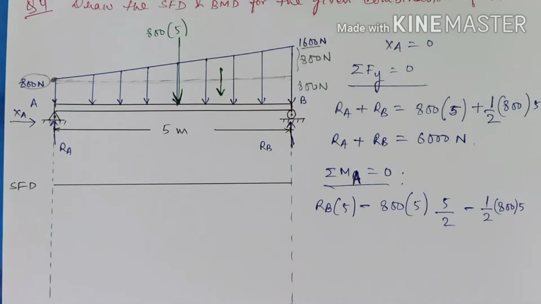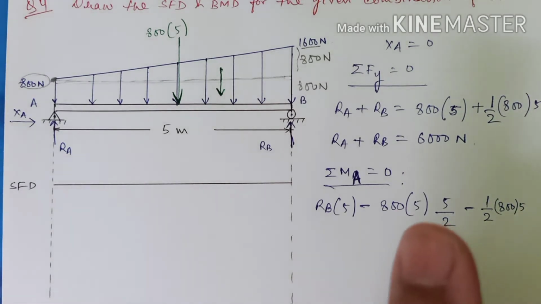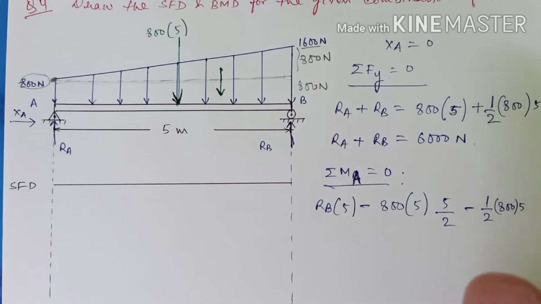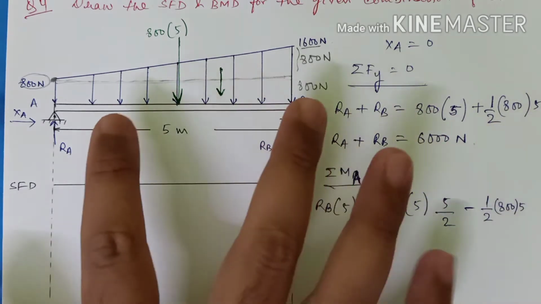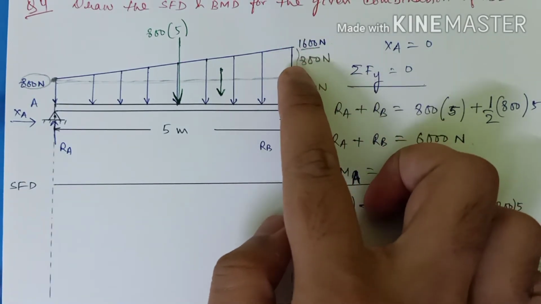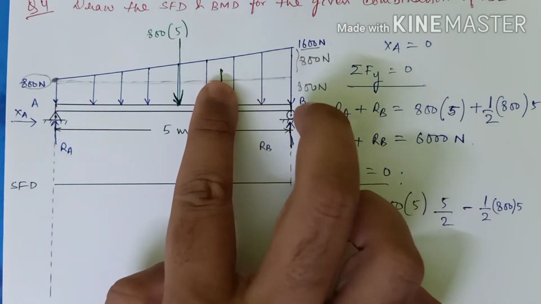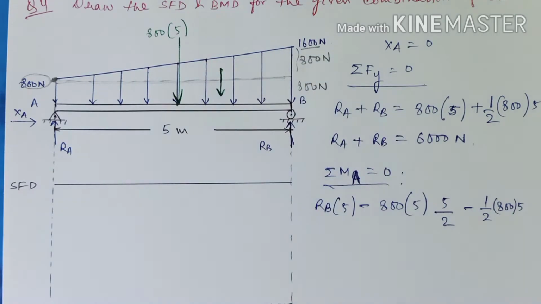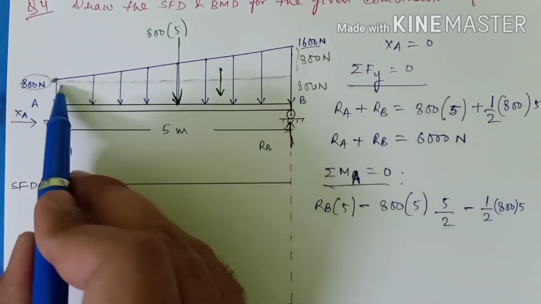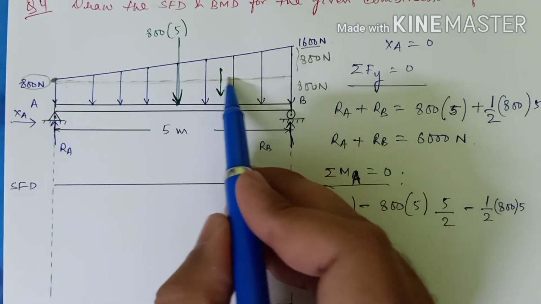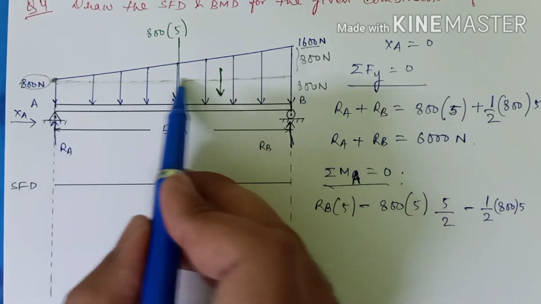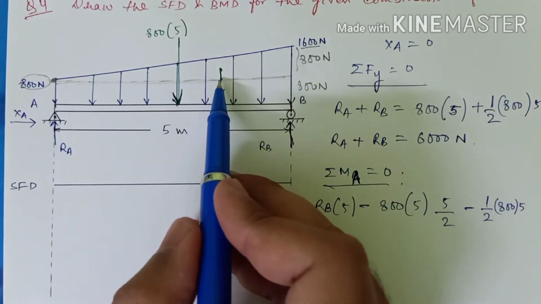Since it's acting at the centroid of the beam, we know that the centroid is located at a distance of 1/3 from the base. If I consider this as my base, this point is at a distance of 1/3 from this base. So we need this other distance. This is 1/3, right? So what will this distance be? This is nothing but 2/3. As simple.